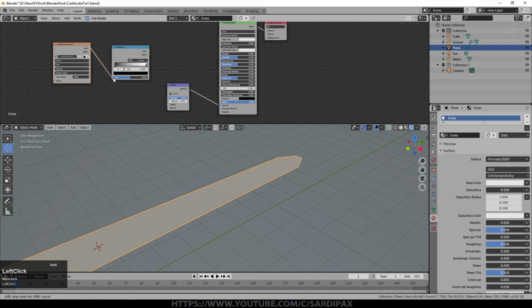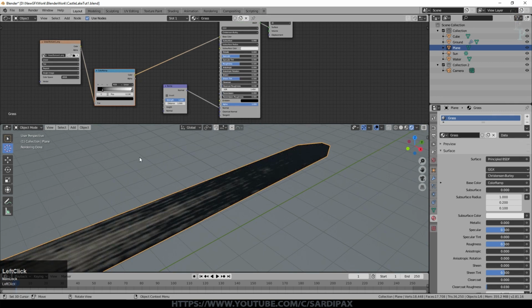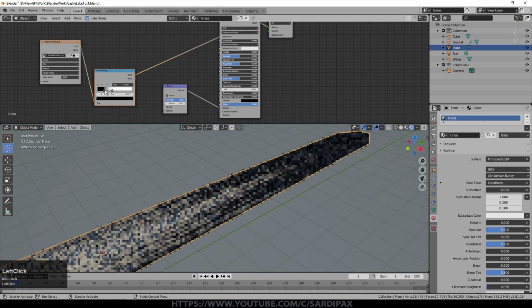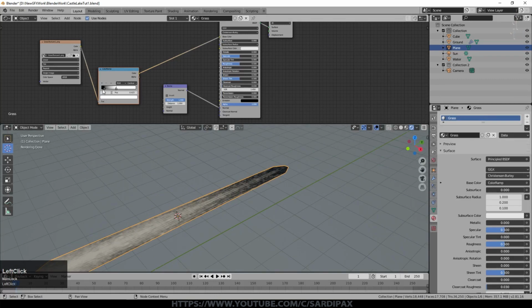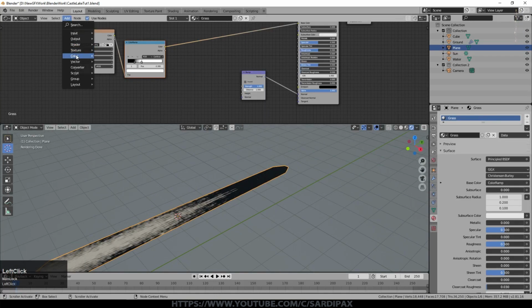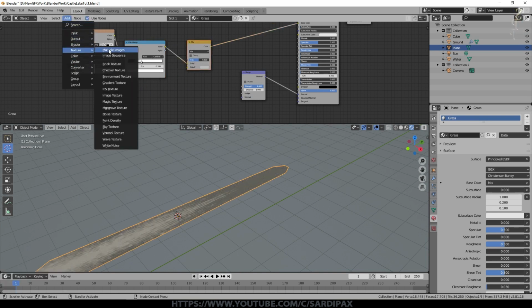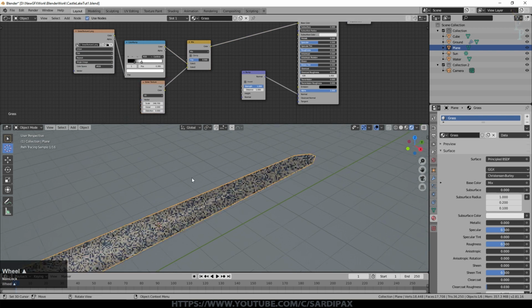I'm going to add converter, which is a color ramp, take the image into that and then take that over, first of all to base color so that I can see what I'm doing, and then I'm going to increase, as it were, the contrast of my image with this color ramp just to highlight those ridges on the grass. Perhaps go to cardinal to give me a bit more rapid fall off, and then I'm going to add a color mix node and a noise texture.